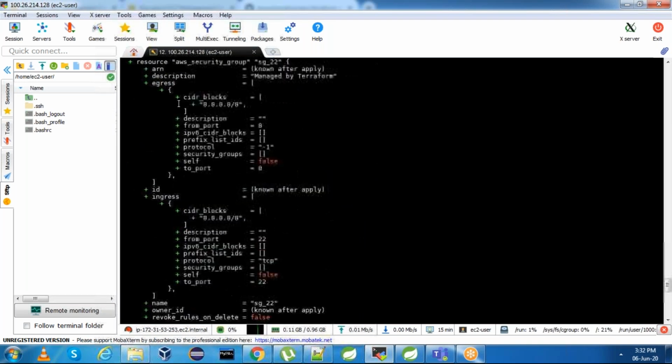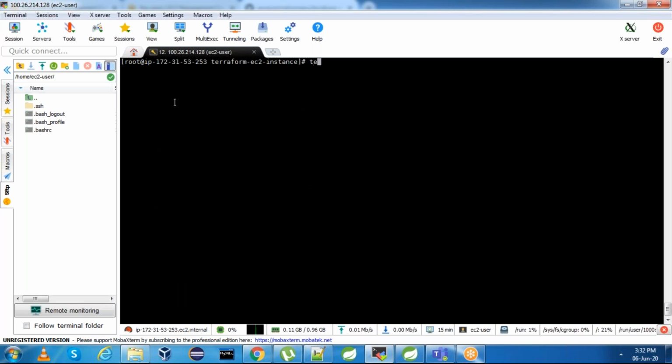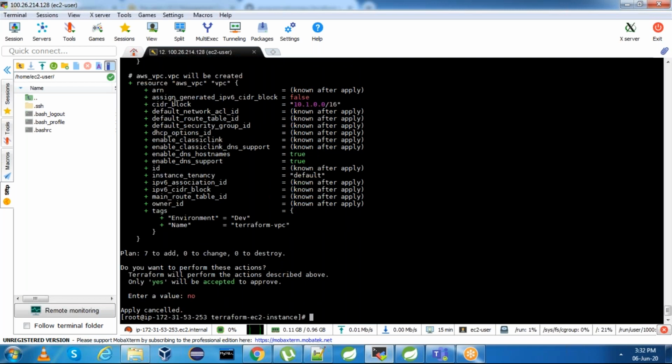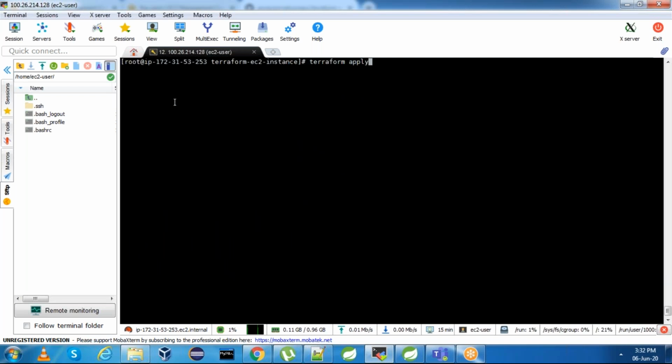Now what we need to do is say terraform apply. Now this will ask for yes or no. If you say yes, it will run. If not, it will not run. For now I am saying no. I cancel this. If you say yes, it will run. If you don't want this prompt as well, you can say terraform apply -auto-approve, so that it will not ask you for any option and you don't have to say yes or no. By default it will take yes if you say terraform apply -auto-approve.